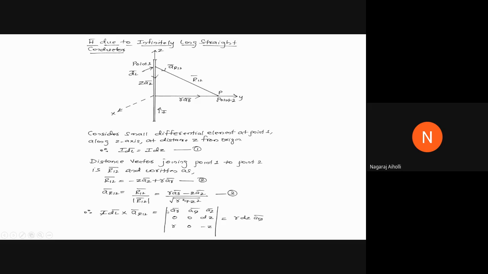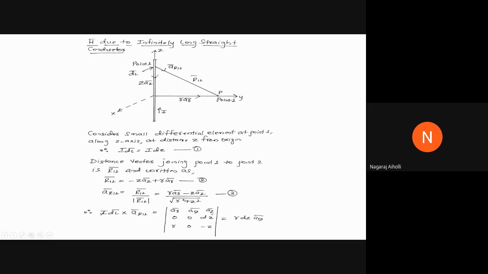simplify this determinant, if we solve this determinant, then we'll get this row will go and this column will go. So it is 0 into minus z is 0, minus 0 into dz is 0, then minus a5 bar, this row will go, this column will go, 0 into minus z is 0, minus r dz. Okay, so it is minus into minus, it is plus, minus a5 bar. Okay, it is this row and this column will go, this is 0, minus, so minus into plus, plus a5 bar r dz.